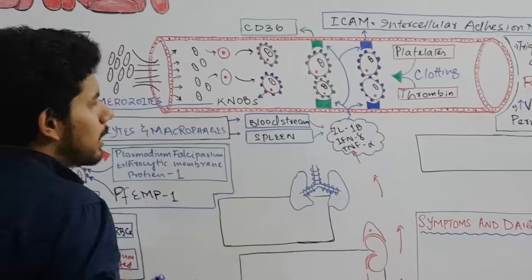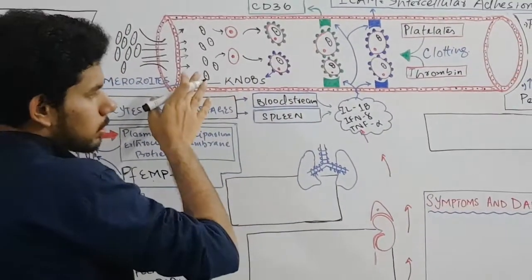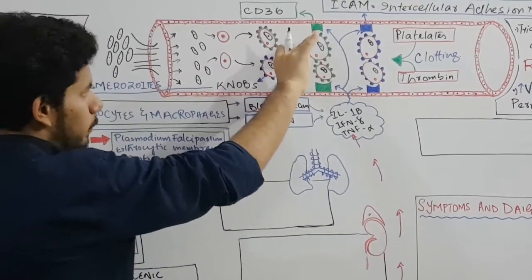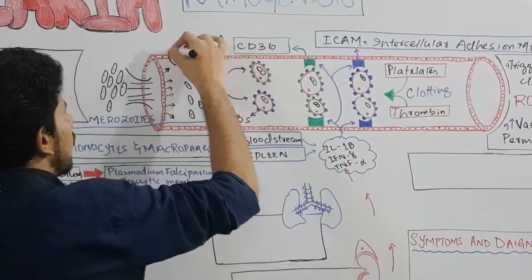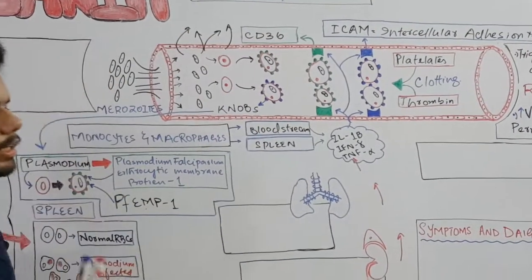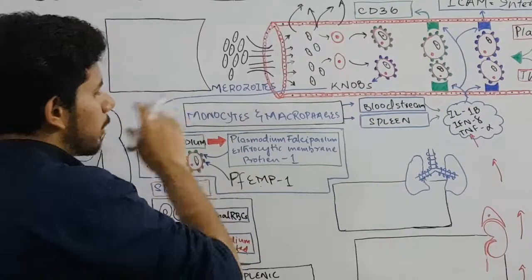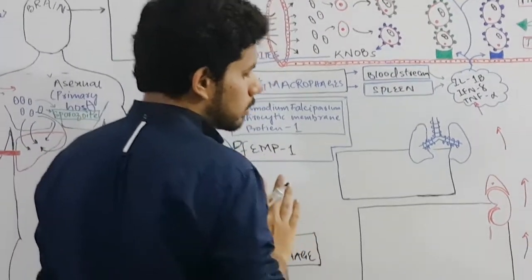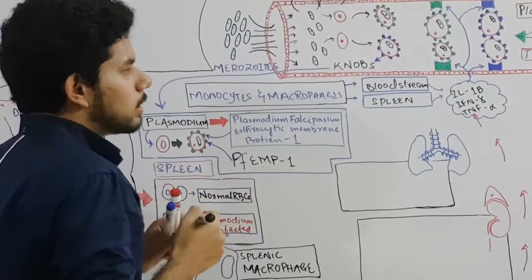Or you can say simply the blood cells, because the clot restricts the blood flow, leak the blood vessel and enter into the surrounding tissue. Anywhere you can say, in brain, in lungs, in kidney, in your placenta, anywhere it can leak and cause some